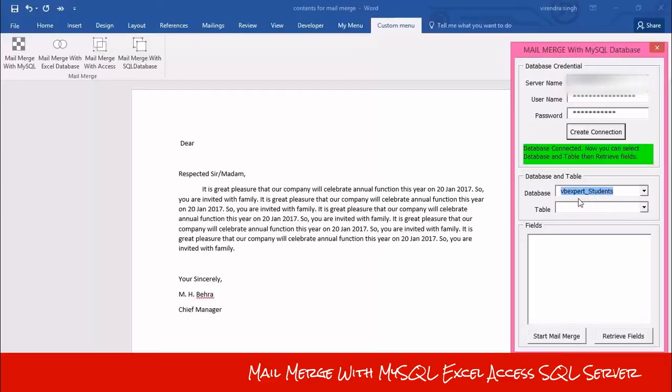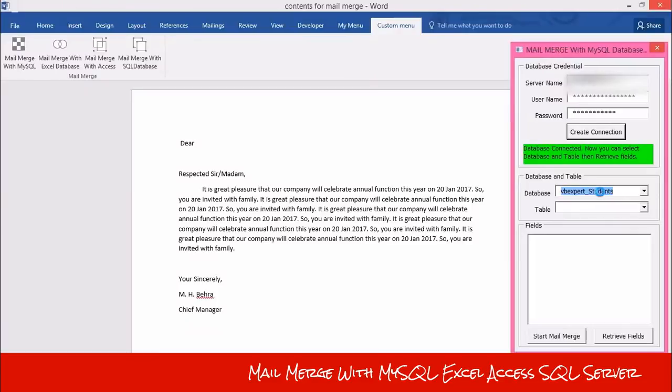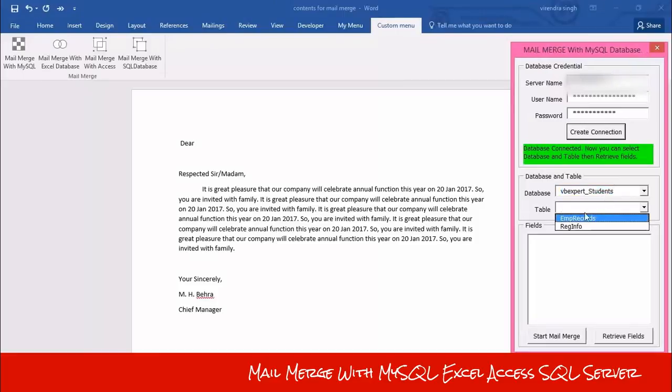As soon as you select a database from here, all the tables of the selected database will be added into combo box 2. As you can see, there are two tables, so I select my first table, AMP records.